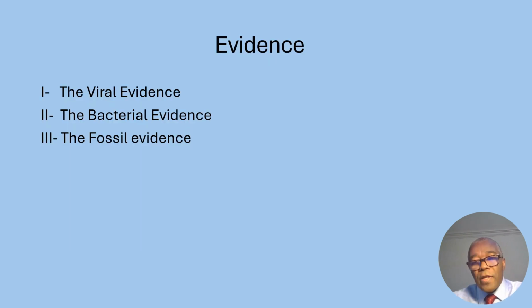So what is the evidence of this? That's why we call it the bilateral descent theory. The eukaryotic cell came from the meeting of two different ancestors, a bacterium and a virus. And we think that